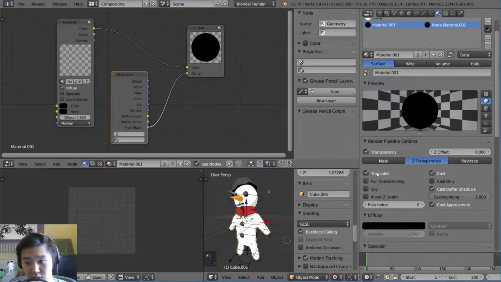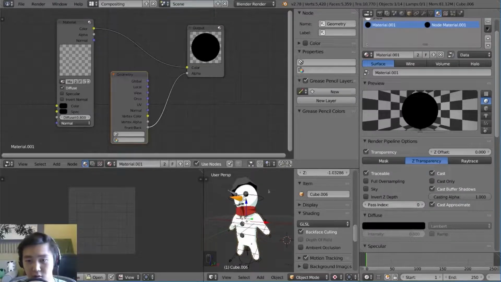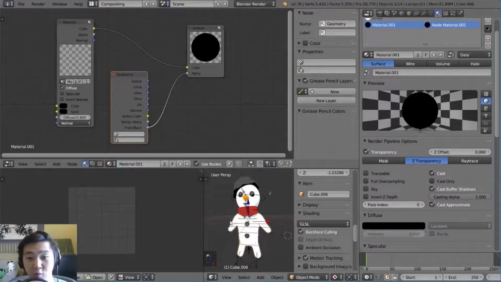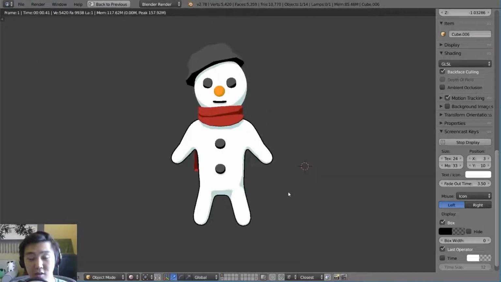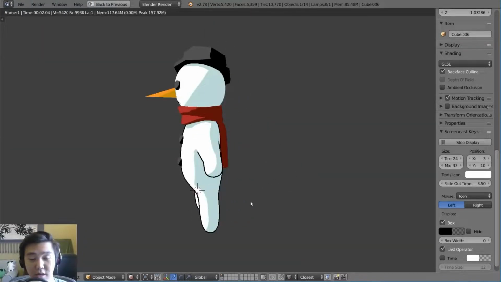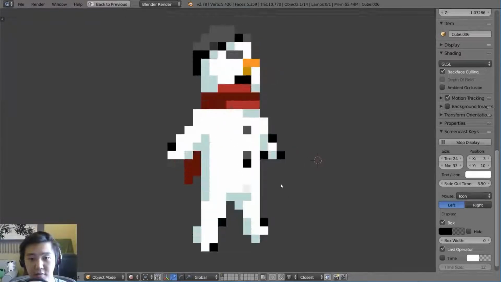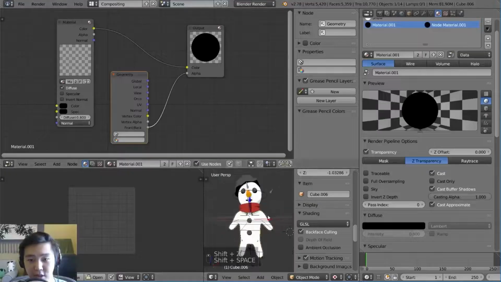And of course, we do that by unchecking this traceable option. Same thing with the whole shadows thing with the eyes and the buttons. If we uncheck this traceable, it will no longer cast shadows, which, lo and behold, I'm going to hit Shift Space here, solves our problem. Since it no longer casts shadows, it no longer blocks the light, and the light can now come in and affect our geometry on the inside just fine. So everything is solved. Yay!